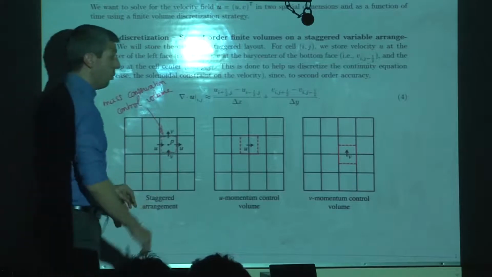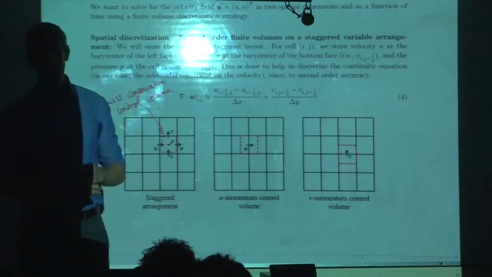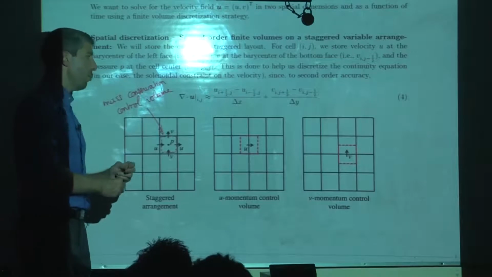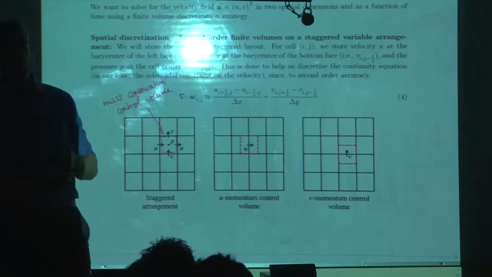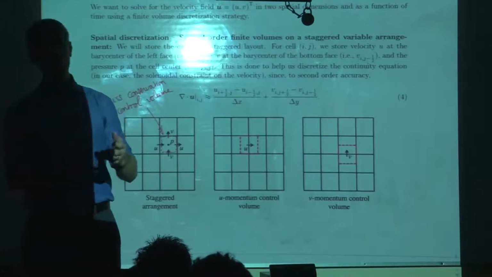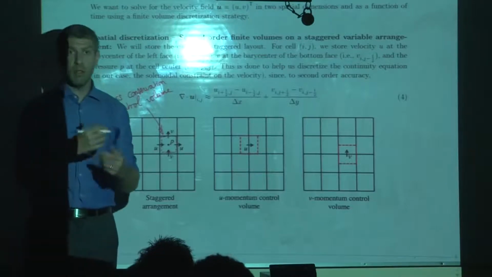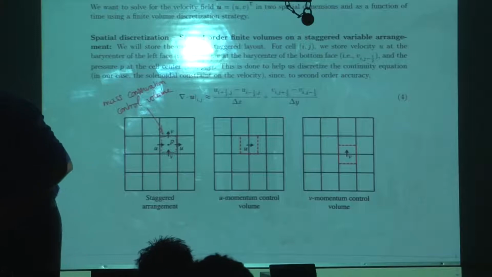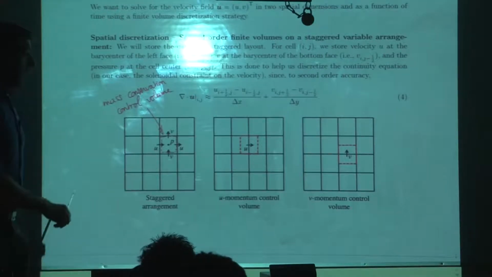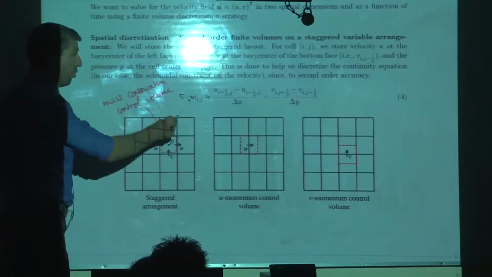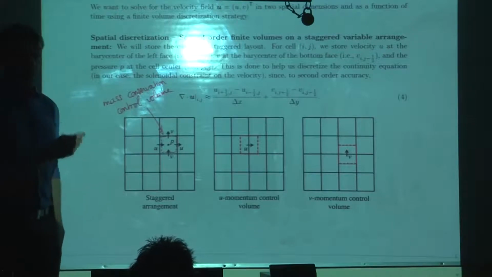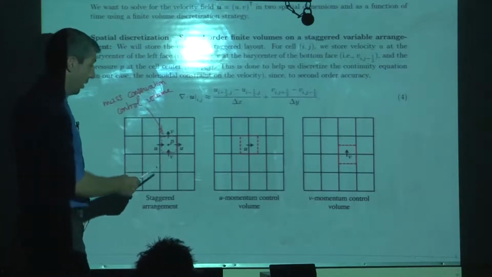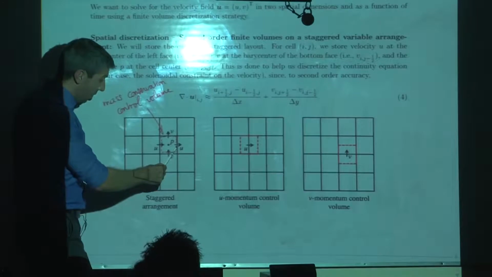Okay, so we're going to use this arrangement. Why do we use this arrangement? Because it is extremely practical for us when we want to compute the divergence. And it should be clear from what we've talked about before that the divergence operator is a pretty key operator in our algorithm. So to compute the divergence of the velocity with second order accuracy, everything centered, we're simply going to take the velocity here